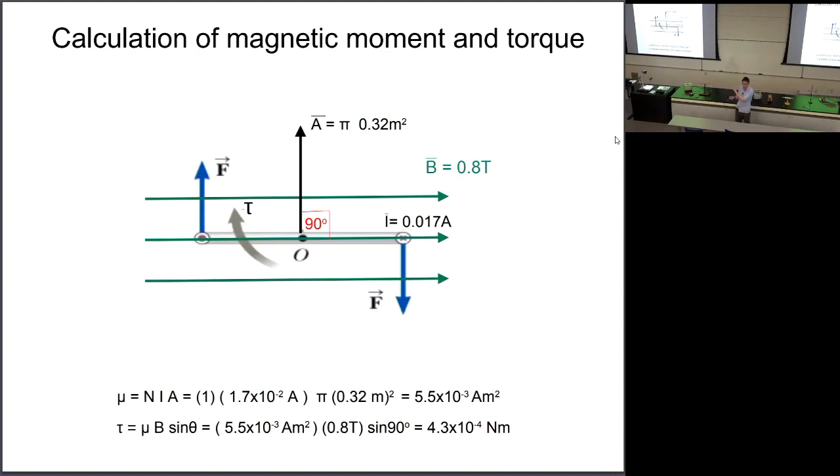That is just the property of the loop itself, a characteristic of the loop and the current it's carrying. We now immerse it in a magnetic field. The magnetic field creates forces, which create a torque. The torque is given by this little equation here. I fill in the magnetic moment, I fill in the strength of the field. They're orientated such that the area vector A of the loop and the magnetic field vector B are at right angles to one another. I put that in and I get the torque. And so that's an example of calculating the torque. This is the third case that we looked at. Just to summarize,